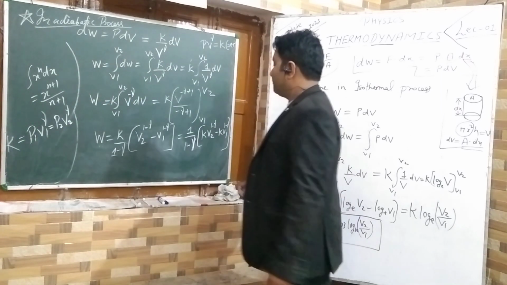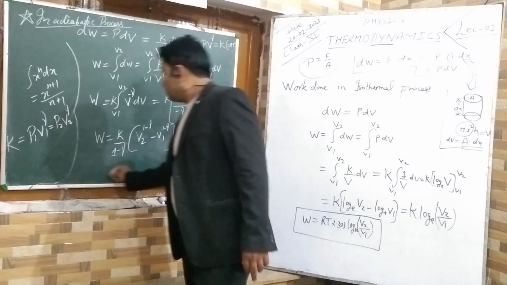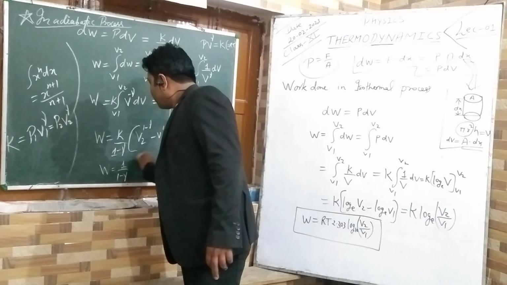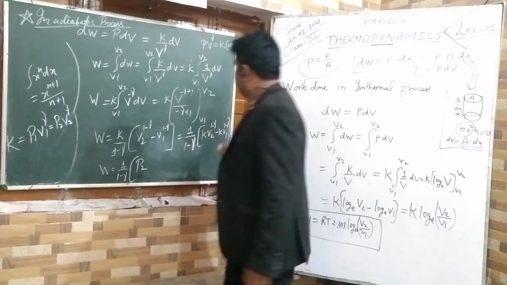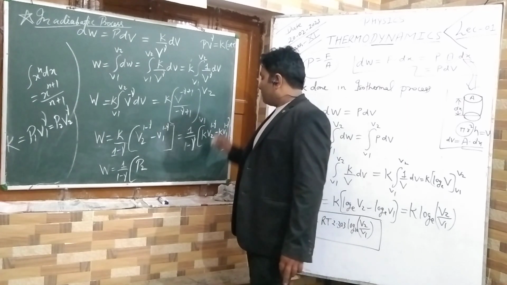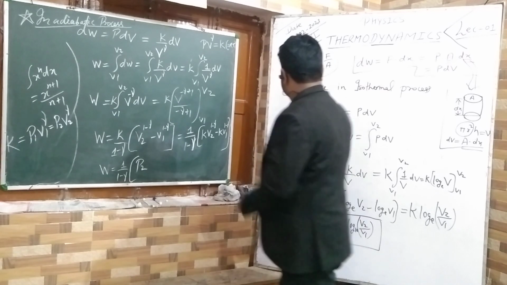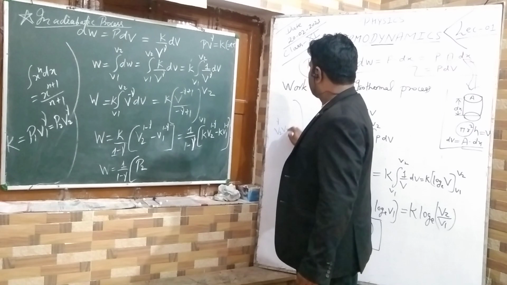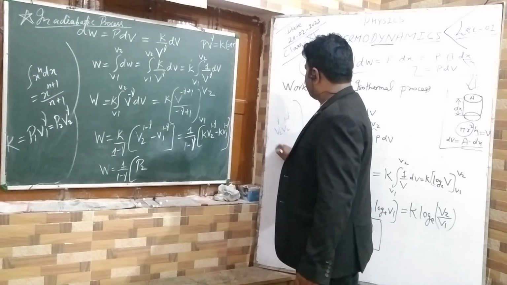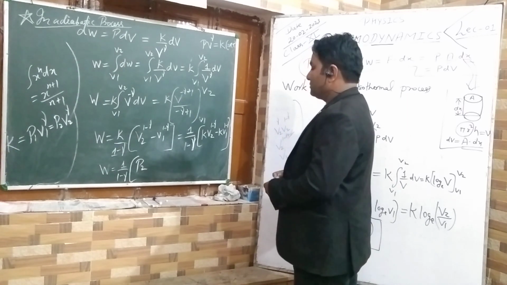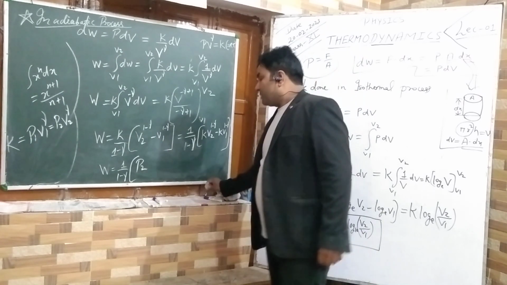So W equals 1 upon 1 minus gamma will be same, P2 V2 power gamma, and V2 power 1 minus gamma. When you combine, V2 power gamma and V2 power 1 minus gamma gives V2 power 1 minus gamma plus gamma. Gamma gamma cancel, that gives V2 only. So we will use P2 V2